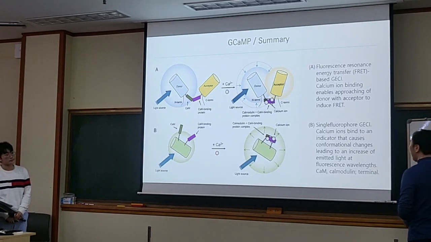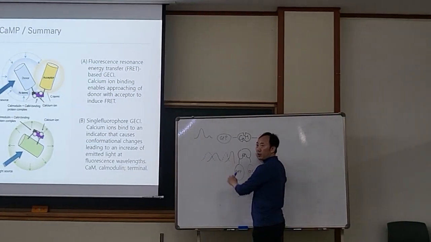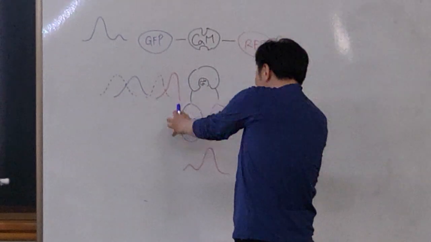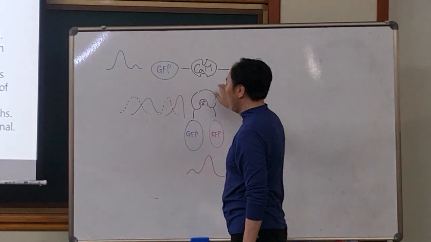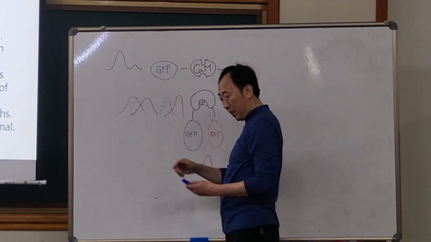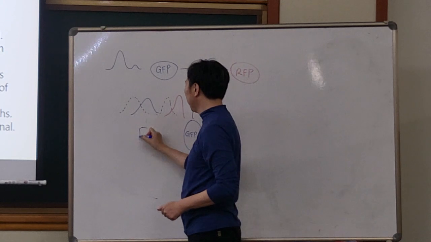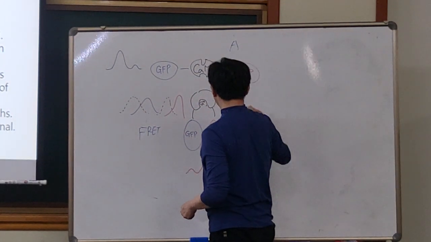If the calcium binding happens like this, GFP and RFP are originally far away, and when calcium binds here, the conformation changes like this. If the two are close, then energy transfer is more efficient. This energy transfer is called Förster fluorescence energy transfer (FRET). So in cases A and B,